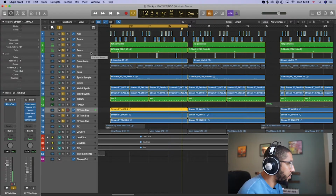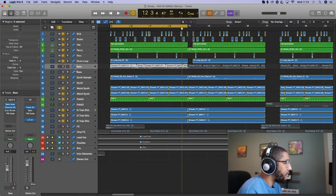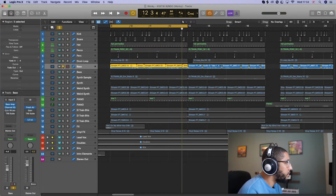But my favourite element, I think, is this bass. Again, this was on the OP6. I think this is probably like the second day that I got it. So I was just testing it out, and I found this. This was the original bass sound,